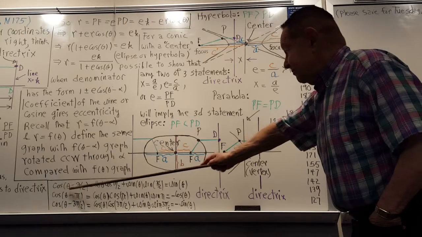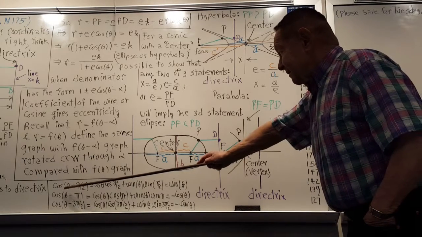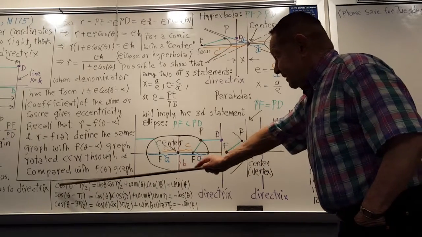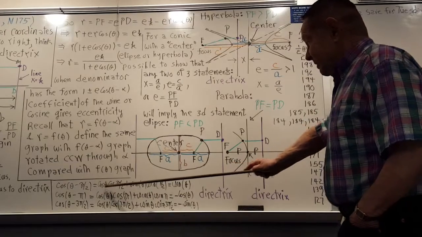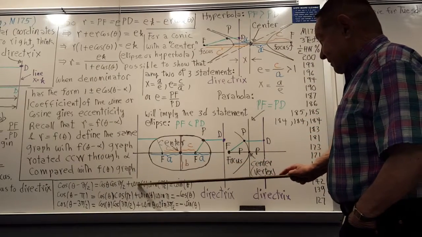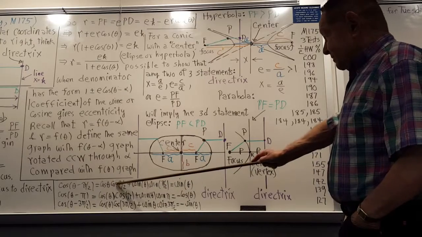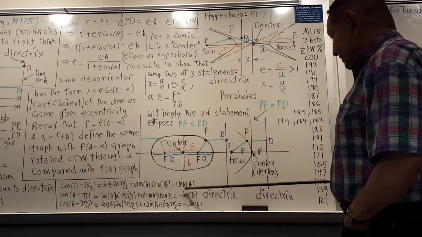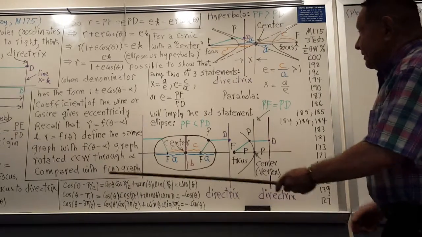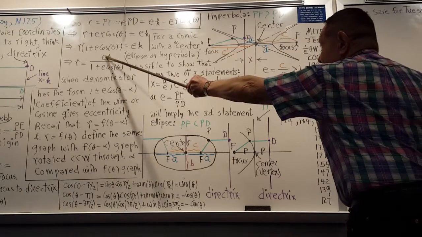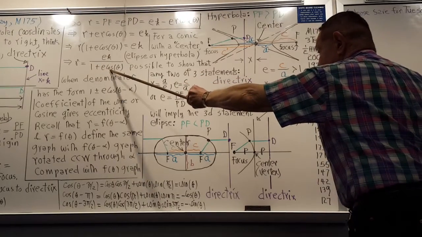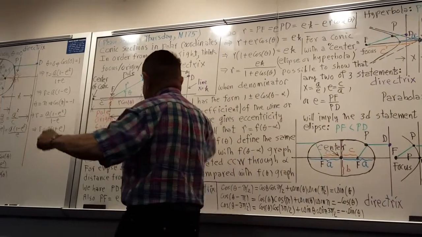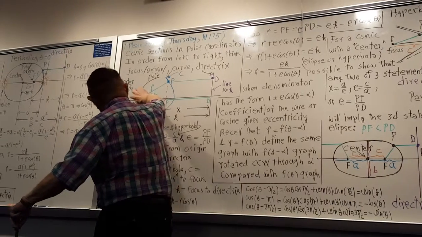So you can use some trig identities. Cosine of theta minus pi over 2: the cosine of the difference of angles is the product of the cosines plus the product of the sines. Cosine pi over 2 is 0, sine pi over 2 is 1, so it's the same as sine theta. So if this becomes ek over 1 plus e sine theta, then what you've done, in fact, is you've imagined that you have